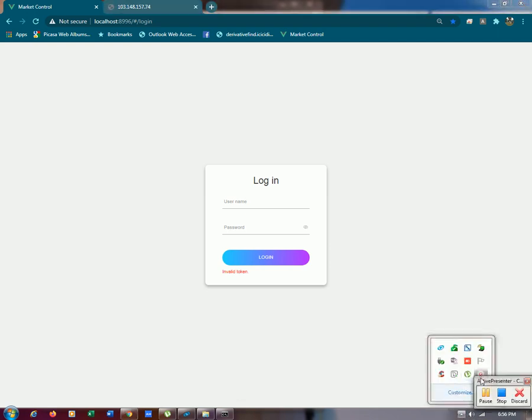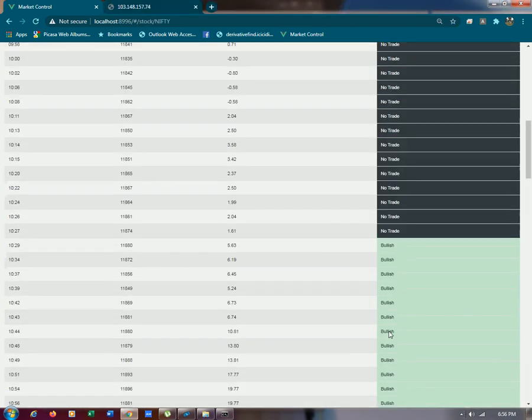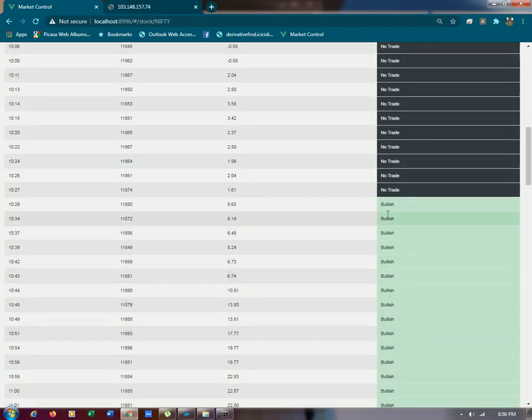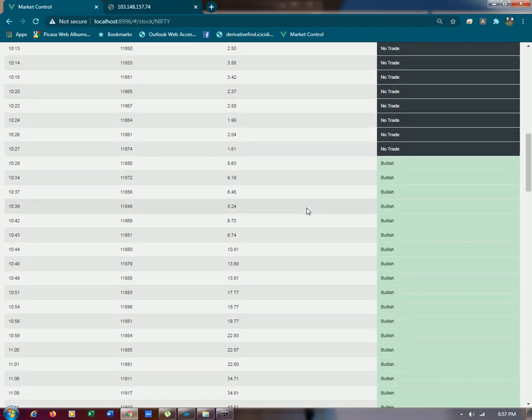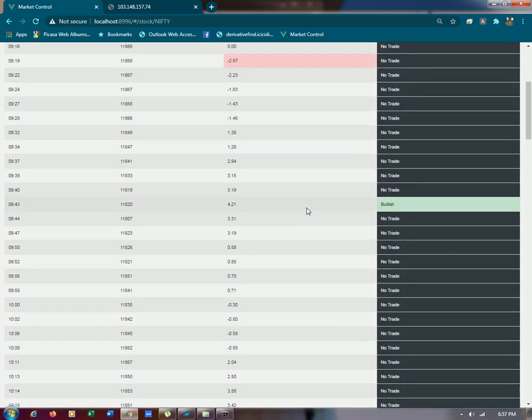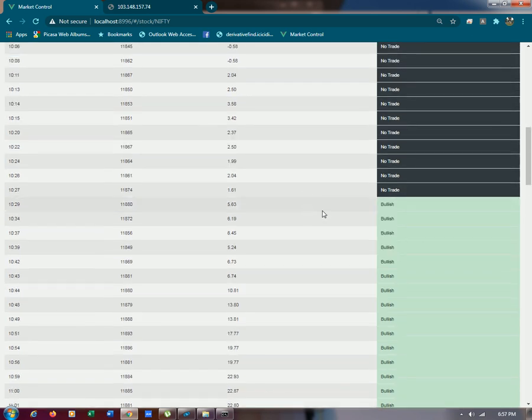So the bullish signal is given by the system at 10:29 am, and this third column is also giving a buy trade from 10:29 itself. Both coincide at 10:29, and that is the time you have to enter the buying of Nifty, and you should wait for a reversal signal from either column 3 or 4.